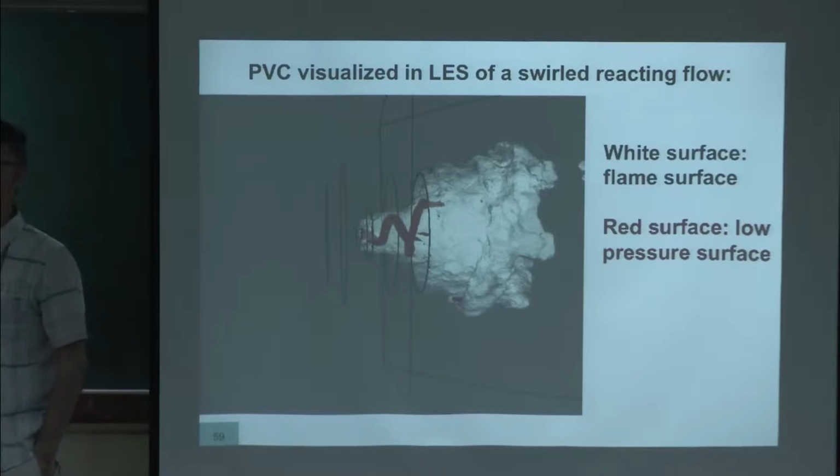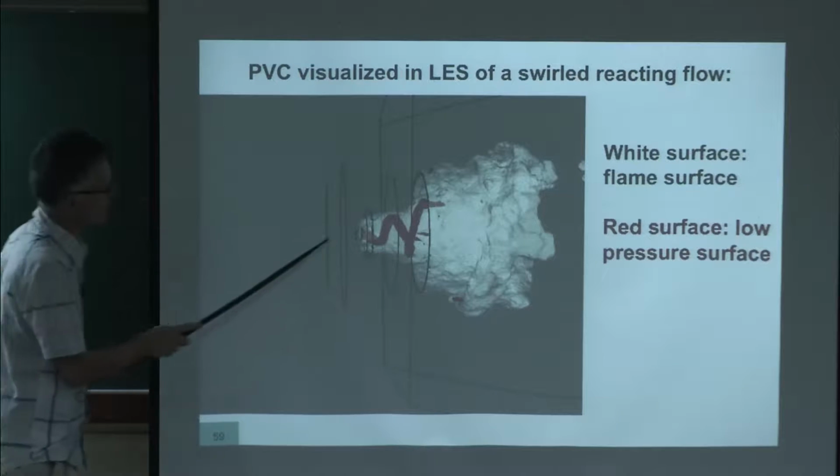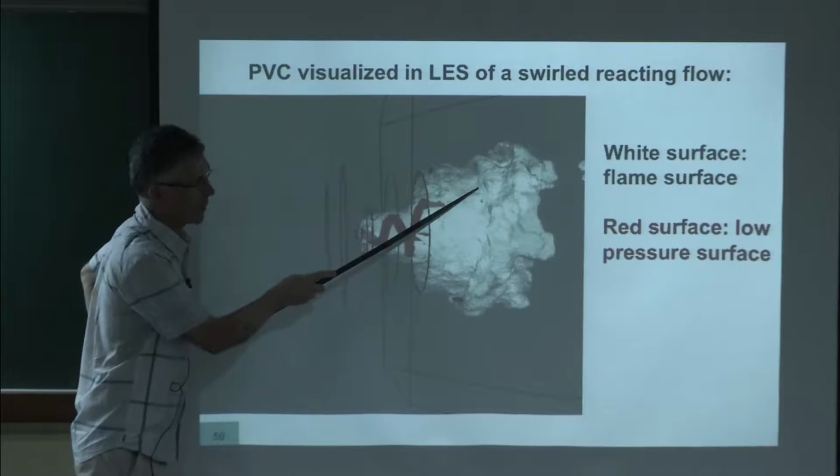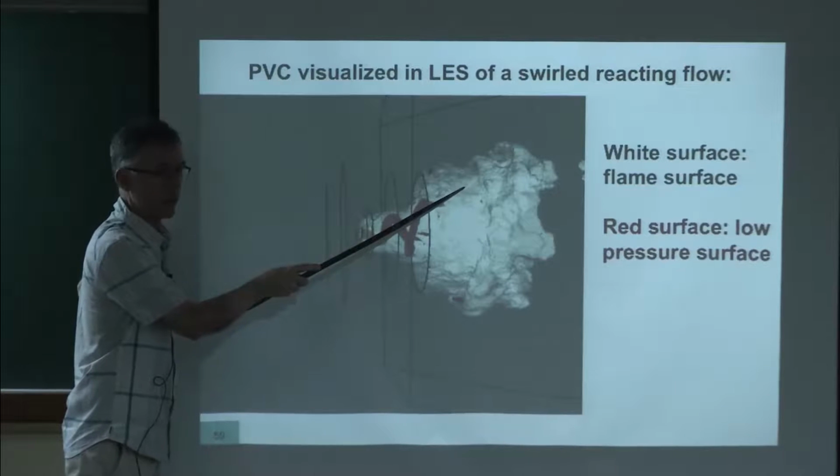I think some of you talked to me about the Q criterion. The Q criterion is one way to look at vortices, but you can also just plot a surface of low pressure. Pressure is low inside the vortex. This is the wet zone that you see here. That's the precessing vortex core. And you're going to see here an isocontour of temperature, which is the white zone.